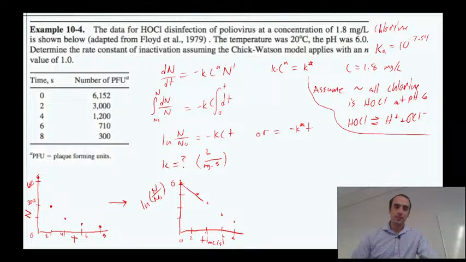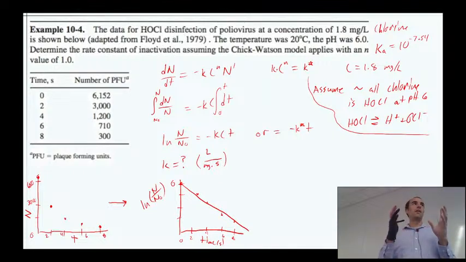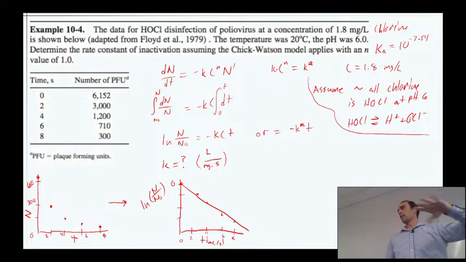In order to solve using the data to get our kinetics here, we can take a line of best fit if we set it up properly in the form of y equals mx plus b, right? And if we look at what we have, we could graph it just as it is, like the number concentration over time, but that's going to give us kind of an exponential plot, and that's not so great for lines of best fit and all that.